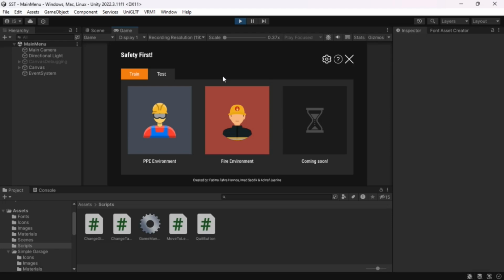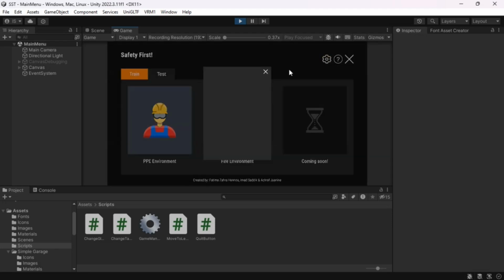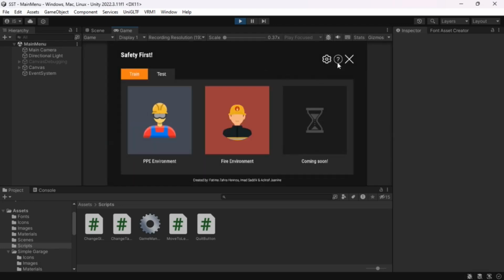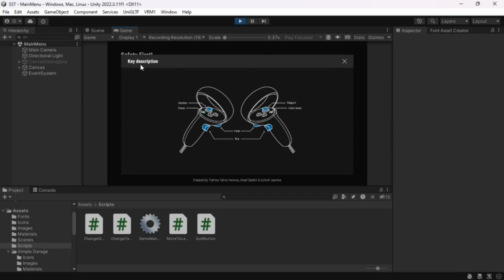Here again we have the hover effect, and if I click on the settings icon, you can see that we have a modal. Here we can put anything you want. You can click on the X button to exit. We have another modal here that shows the key description. Here you can put anything you want. I'm just going to show you how to build this, and then you can customize it to suit your application